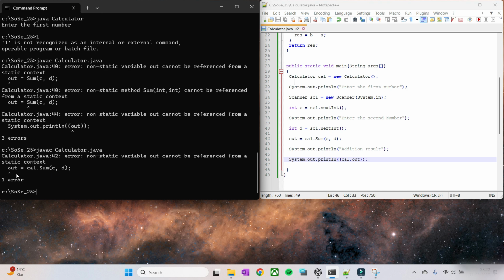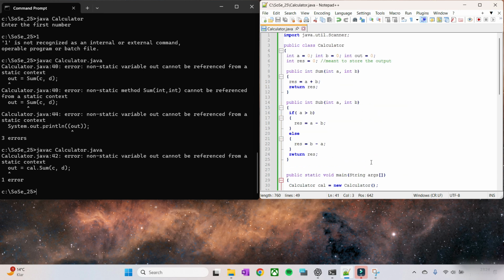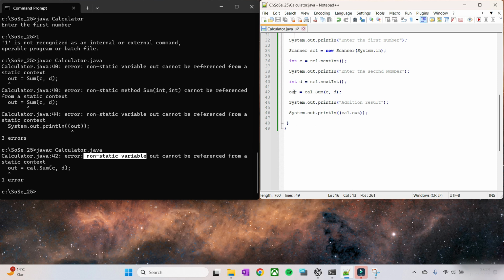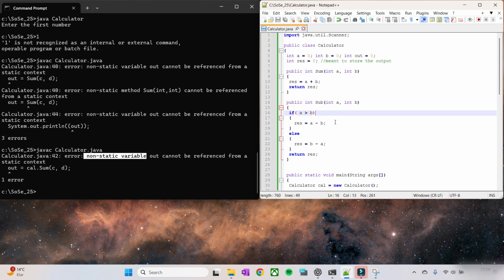It seems we still have one error remaining. We are calling it on cal. This error that we're getting right now, out is equal to cal.sum(c, d), has nothing to do with our statement. It has to do with this thing here. We declared out as a non-static variable, which is basically this thing. And we are using it on an object called calculator, and we're doing the sum on it. Java wants this variable to be static,